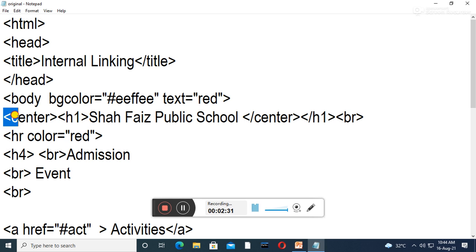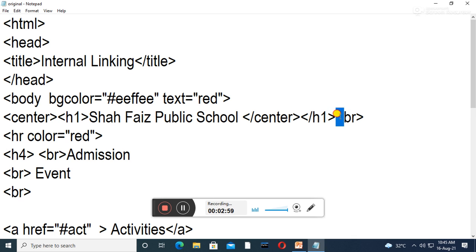Here I have applied the center tag and the h1 tag. The center tag is used to put anything in the center of the web page. The h1 tag is the largest heading tag. It changes the text to the largest font size. Then h1 close, center close.